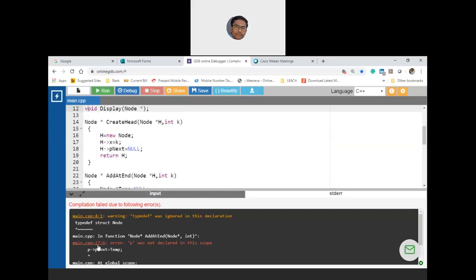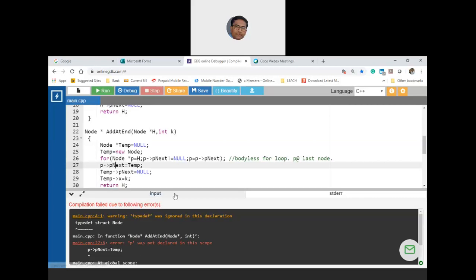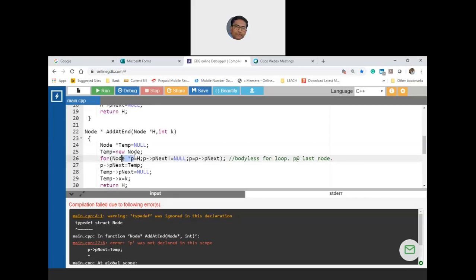Okay, there is an error in line number 27. Let me check that. What is the error? P was not declared. Yeah, that is correct. P's scope is not declared, because node star has to be declared here.